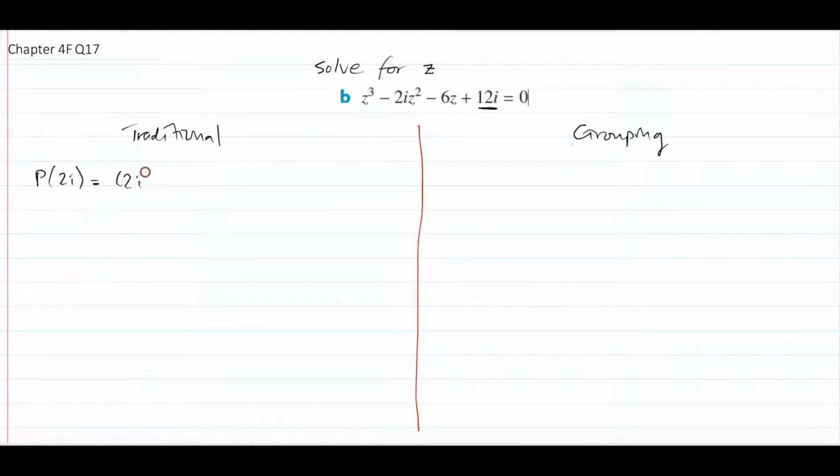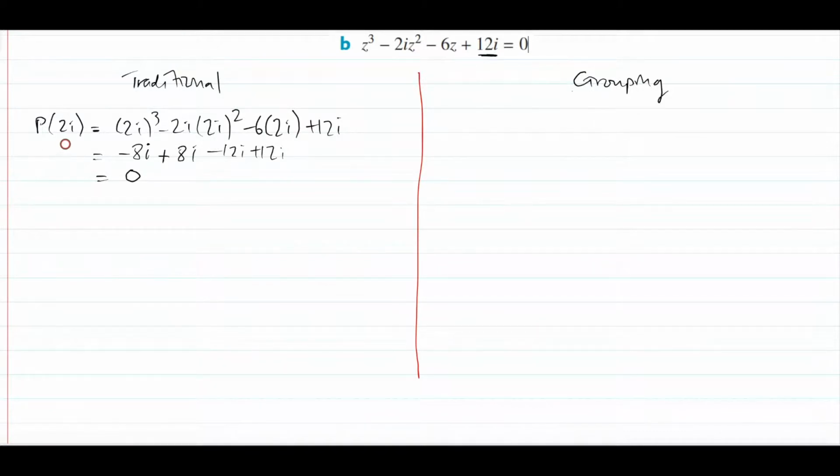And if you sub in this right here, minus 2i squared minus 6 times 2i plus 12i, what happened is 2i cubed is 8i cubed, i cubed is negative i, so you get negative 8i. 2i squared is negative 4. Negative 4 times negative 2i is plus 8i. This is negative 12i plus 12i, and at the end of the day, guys, you get 0. So z equals 2i is a solution, therefore z minus 2i is a factor,